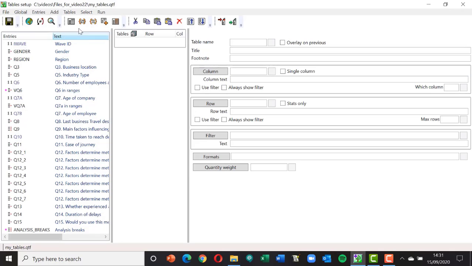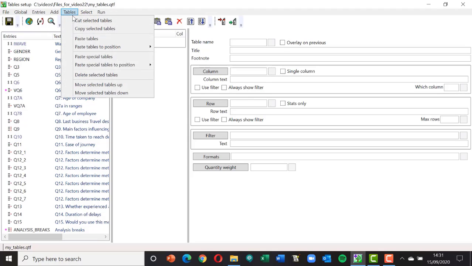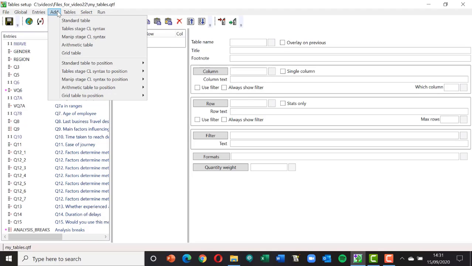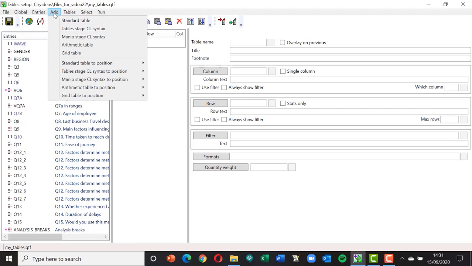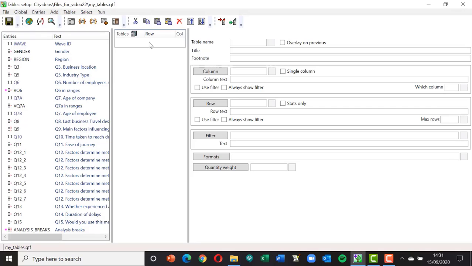So I can start using these icons here. I can either use the tables menu, and I can use the add tables next to it. So tables menu here lets me copy and paste. I've got nothing to copy and paste. I can move tables up and down the list here, or I can add tables. And the most common thing you're going to be doing probably is having standard tables. And if I want to add a standard table, I can do that, although it's much more common to click